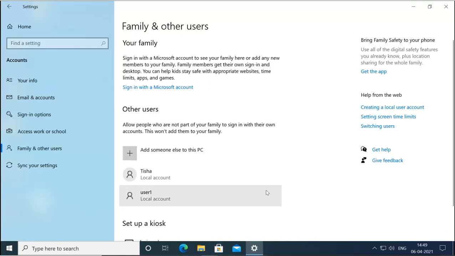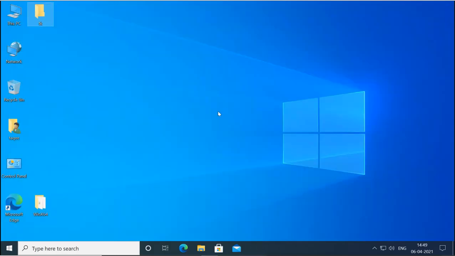So for creating new users, we can go to the Settings app, Accounts, and we can create different users from here. But this is for the simple user who doesn't know much. This is the graphical tool to create users and all that. Advanced users like administrators don't use the Settings app. Administrators use a different thing.